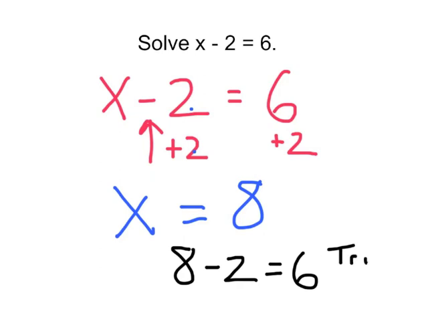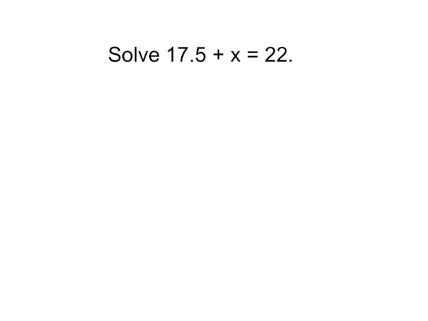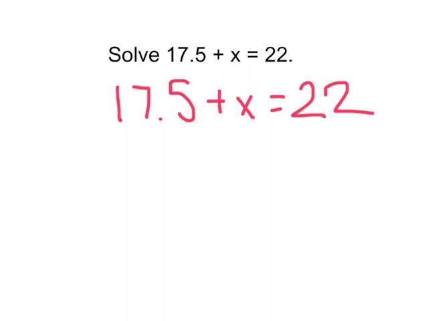That is true. Solve 17.5 plus x equals 22. Again, we want to do the opposite. We are adding 17.5 to x. To get that x by itself so we can see how much it's equal to, we want to take away